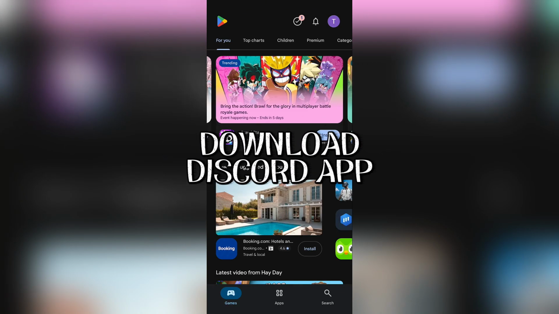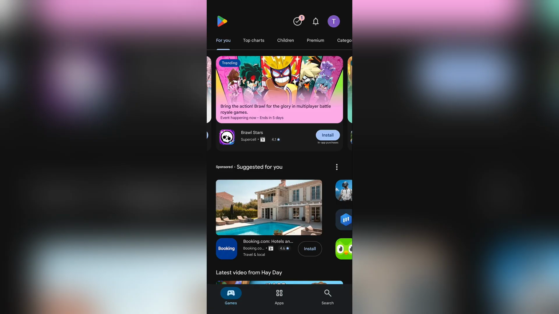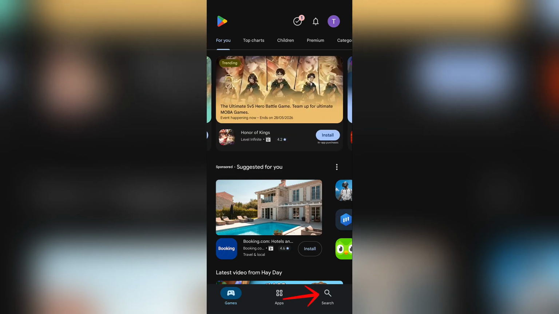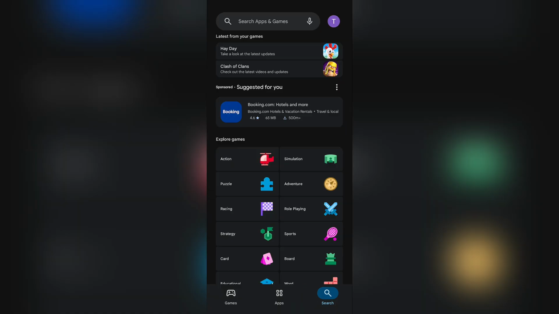Download Discord app on Android. Now in order to download Discord app on Android, just simply open your Google Play Store. Then after opening your Google Play Store, just simply tap into the search button, and after tapping in there, you